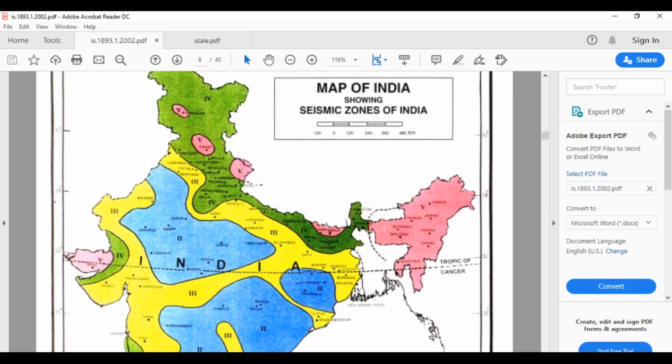I will open the ETABS building model which has already been created by me previously, where I explained various design steps, that is load combination, material property, assigning the material property, and drawing the building elements.